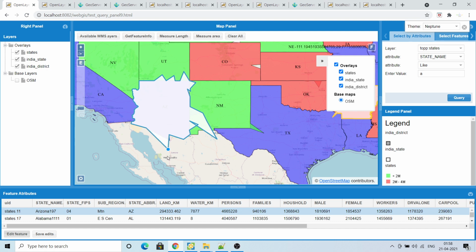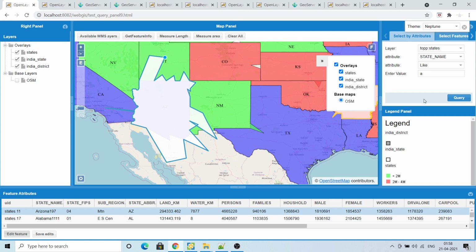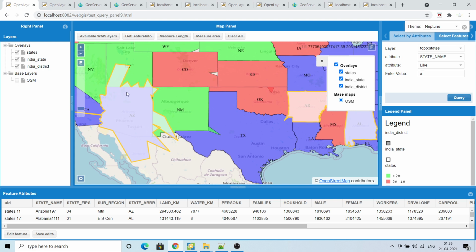I'll make it worse. Let me modify this. You can see the shape of the feature has been changed.